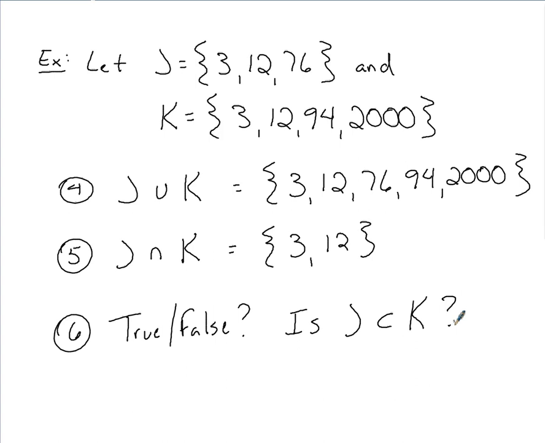Okay, there you go. J is a smaller set, so it could make sense that maybe it's a subset. 3 is there, 12 is there, but 76 is not represented in the remaining elements. So because 76 is not represented in the remaining elements, we cannot say that J is a subset of K. So this would be false. Now if J included just 3 and 12, would it be a subset? Yes, it would be. It would be a subset